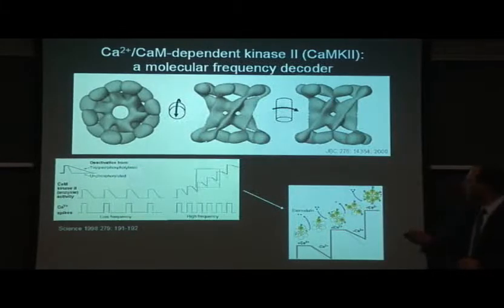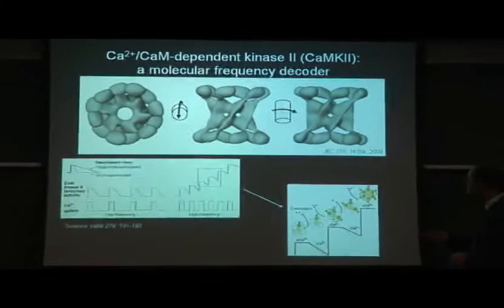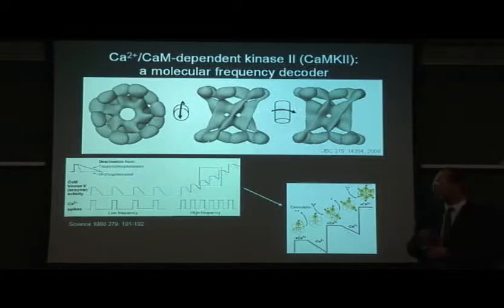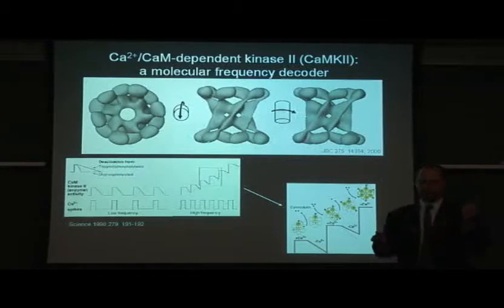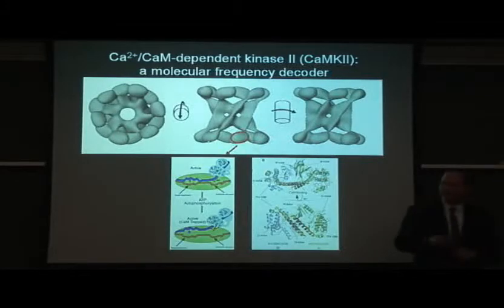And what this depends upon is this architecture that I've shown here, that depends upon calmodulin activation, calmodulin binding to 2 adjacent subunits, so that one subunit, when it's activated by calmodulin binding, as I'll show you in a moment, can phosphorylate not only its targets, but it can essentially phosphorylate an adjacent subunit, which is called autophosphorylation. So it's really not phosphorylating itself, but it's phosphorylating one of the other monomers in this dodecamer. And so this is the way it happens right here in cartoon form.